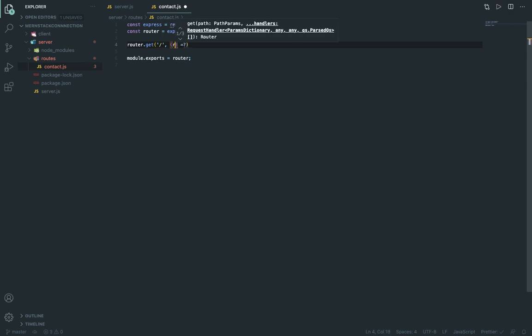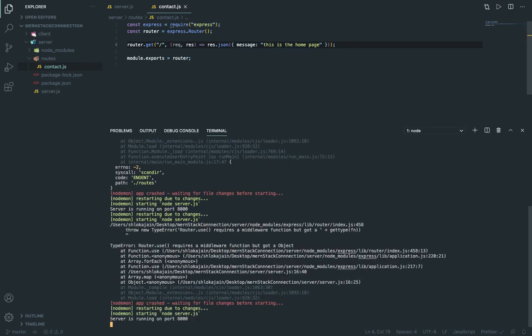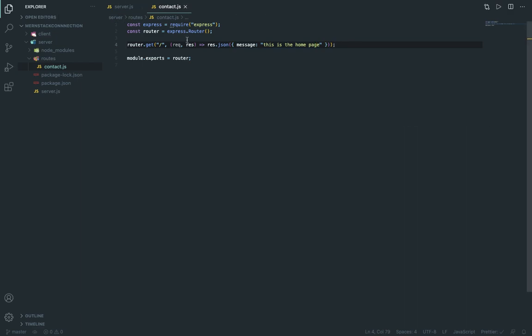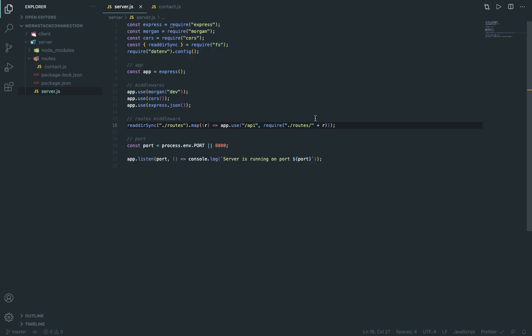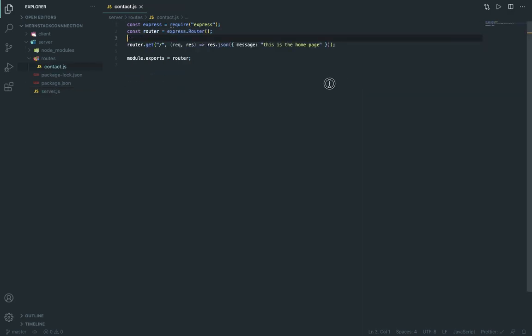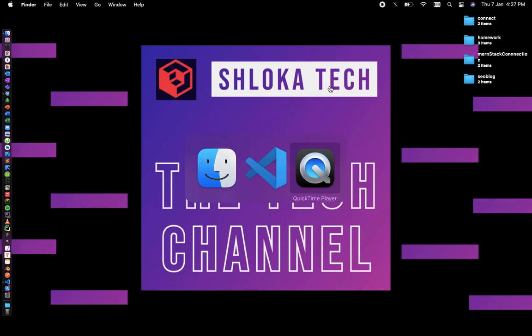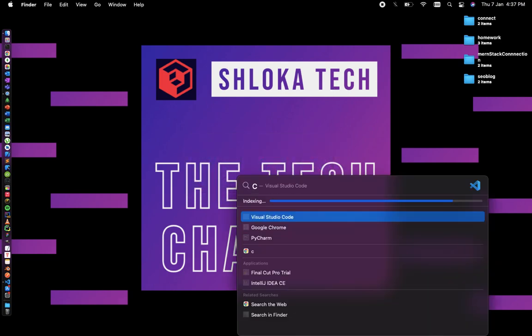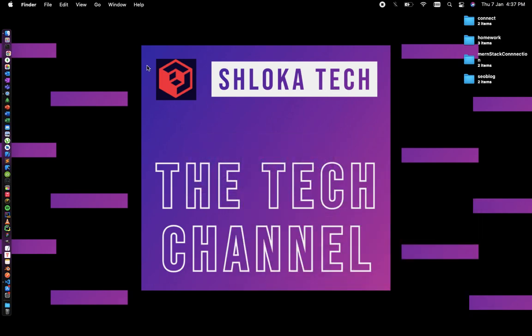One minute. I get a request and the response, and I respond with JSON saying message: this is the home page. Okay, so as soon as I do that, here it is doing it, and this is mapping. So now I can close the server.js. And now if I open my web browser and